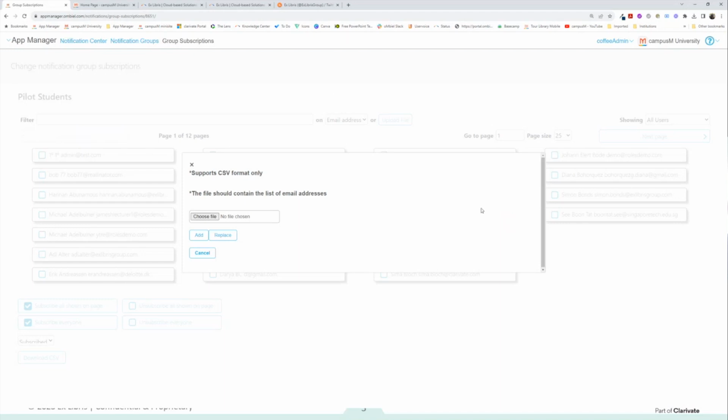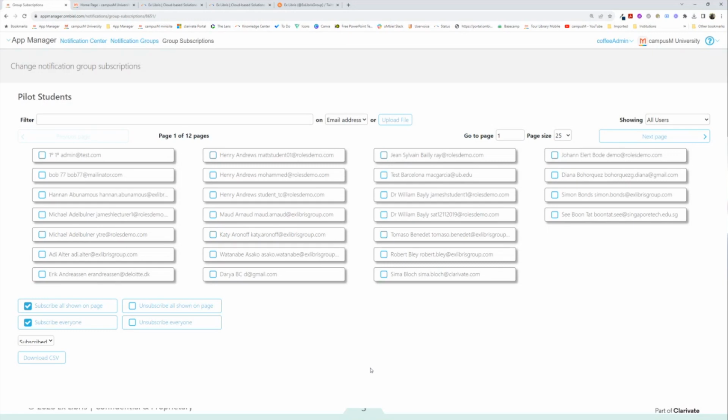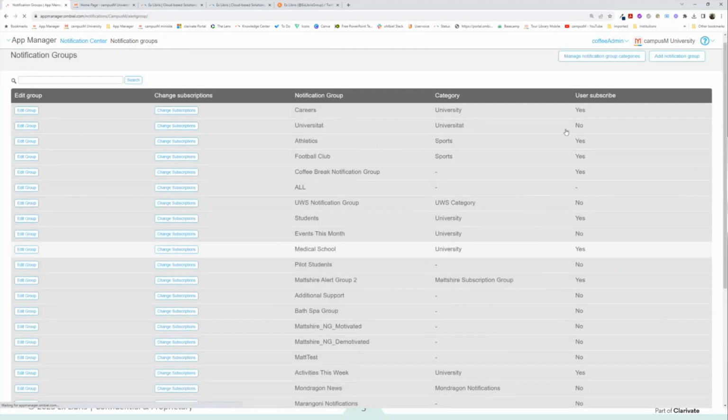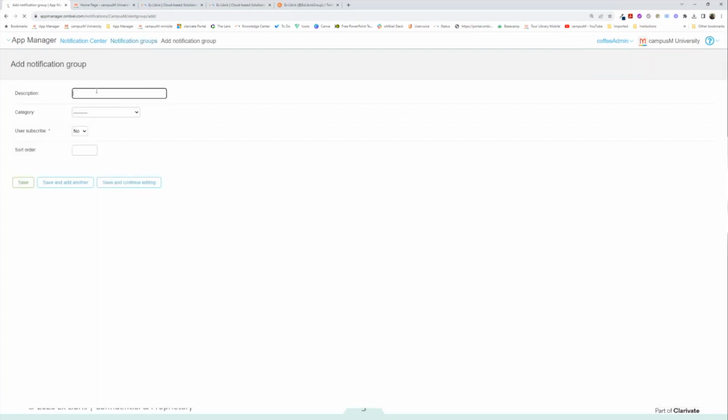The alternative way of populating notification groups, and this would only work for notification groups that aren't user subscribed, is to align a notification group with a role. So if we go back to our notification group, and we will create the notification group beta. Okay, I'm not going to give it a category because I'm not going to have it as user subscribed. This is just a container for subscriptions. If I click save here,